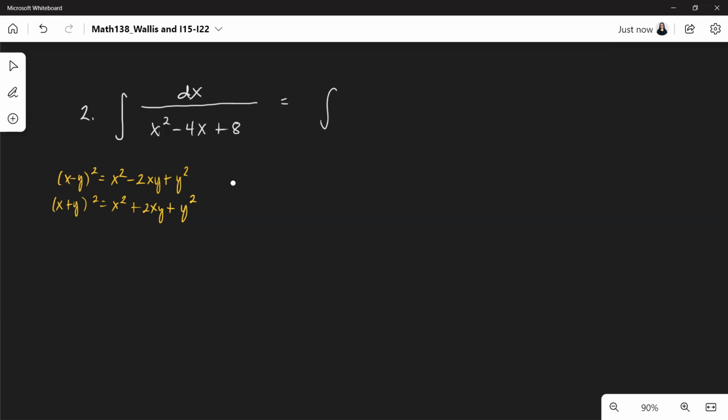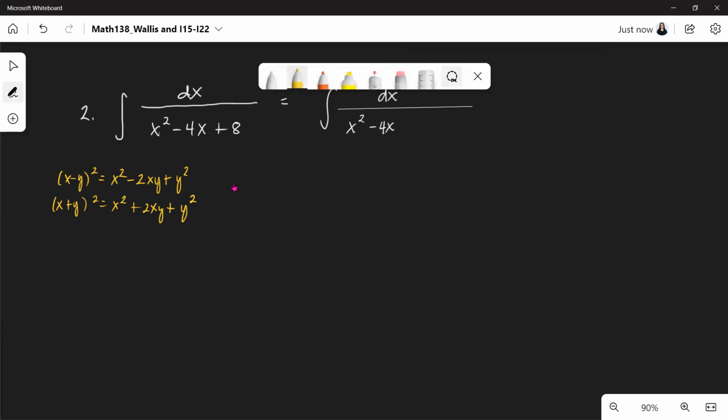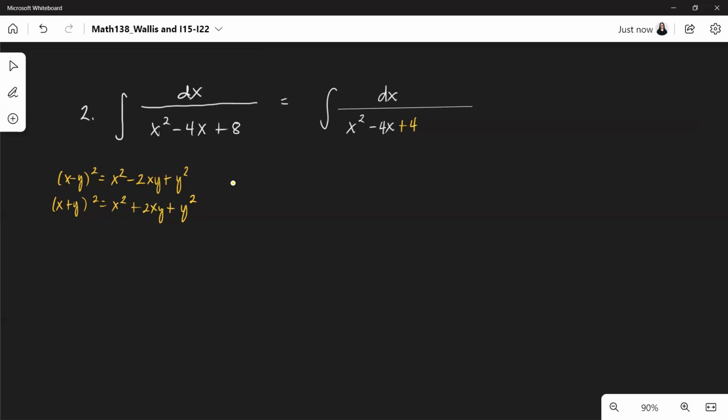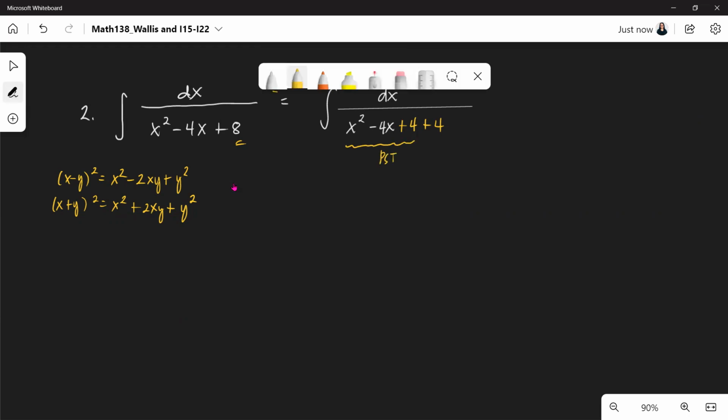You can always get 4 from 8. So if we are going to get 4 from 8, this 8 here can be written as 4 plus 4. And this would form the perfect square trinomial, which can now be written as